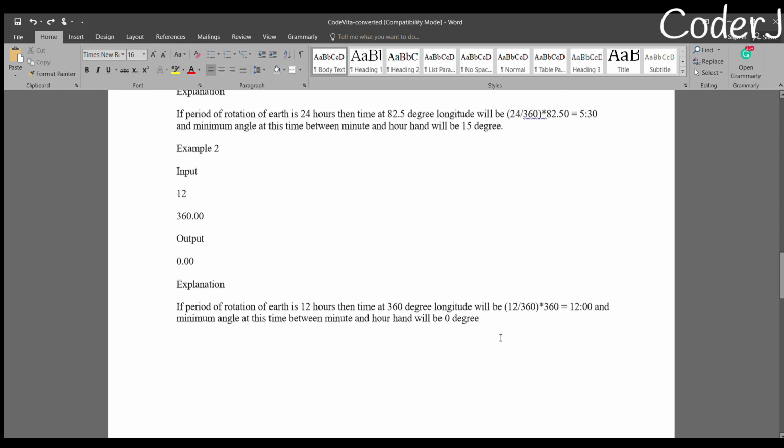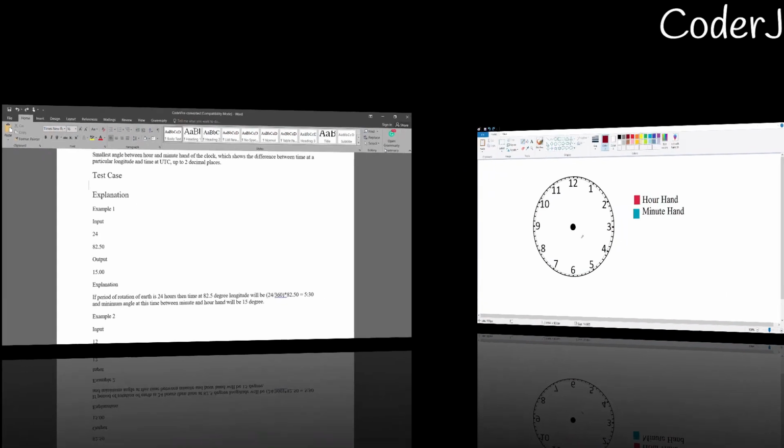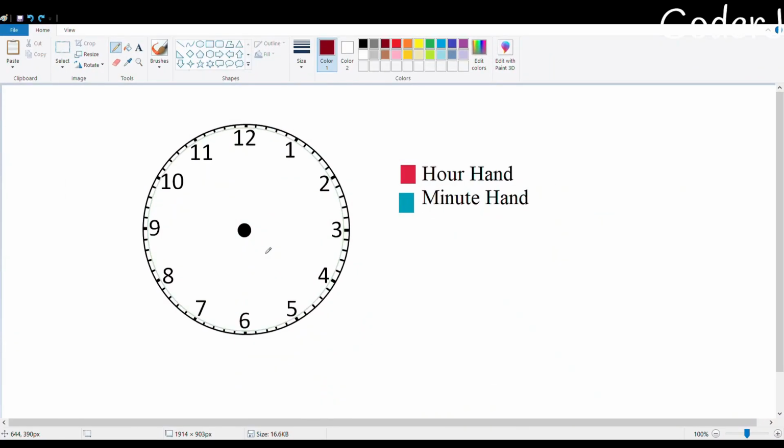Great. Now let's go on to a little bit of graphical explanation to understand it better, right? Pardon me because my drawing is not really good. I've used this red color to denote my hour hand, and I've used this blue color to denote my minute hand. I'll assume that my time was 5:30. At 5:30, where will my minute hand be? It will be at 6, because it's 30. It's basic knowledge.